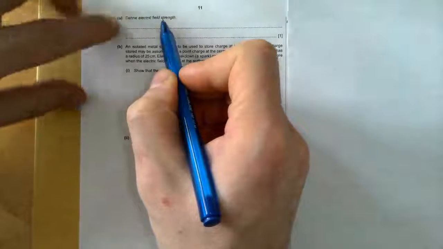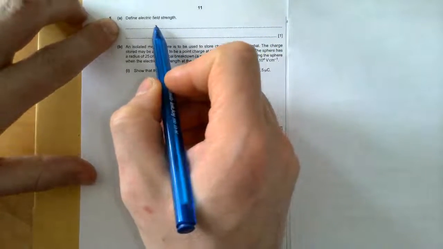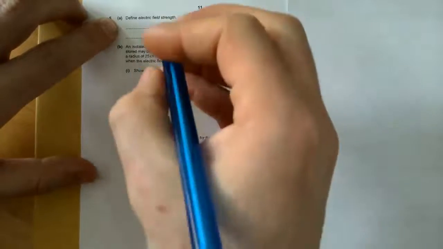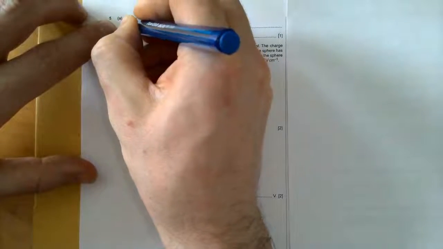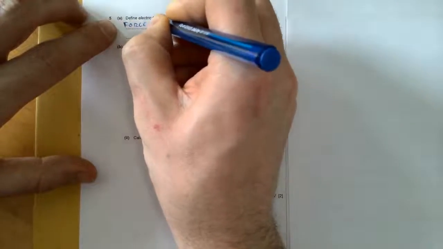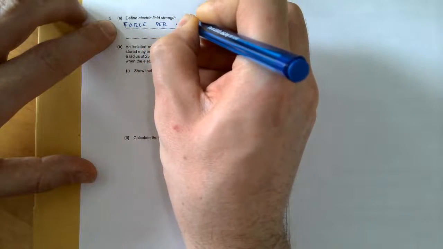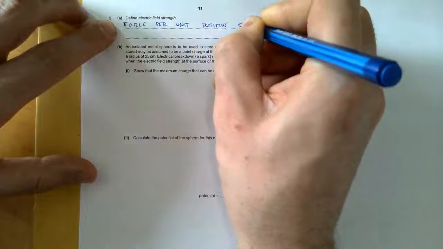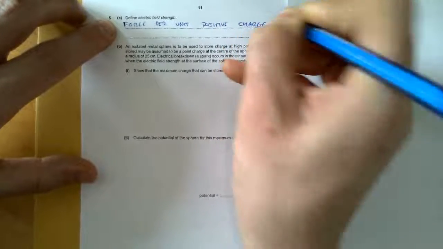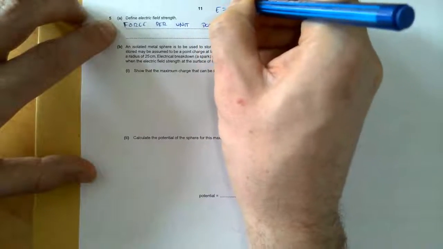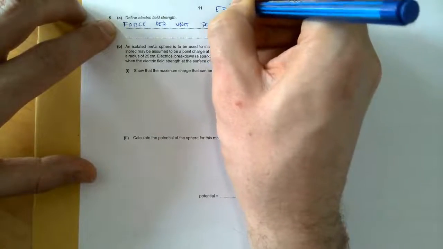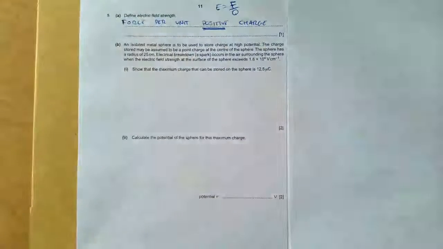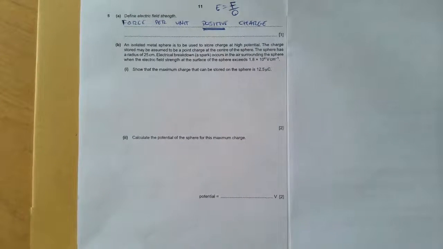Electric field strength, the definition of this is standard and you must know it. Sometimes it is 2 marks because there are 2 parts to it. It is the force per unit positive charge. So it is from this relationship here, force per charge, but it's always defined the direction a positive charge will